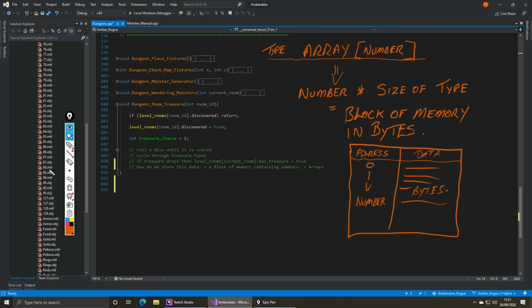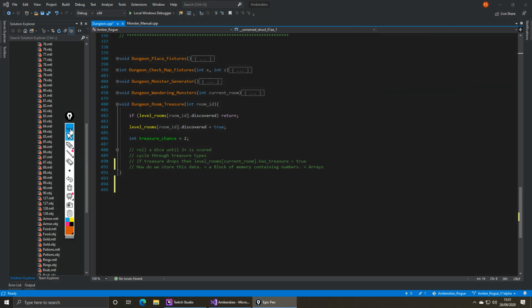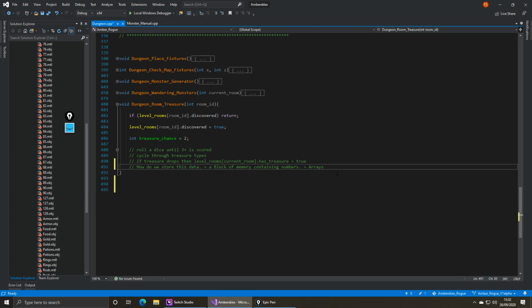Now, the last bit is ownership. On a programmer's problems, it's ownership. So, ownership of the data.